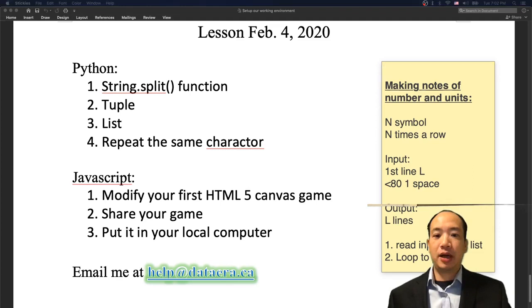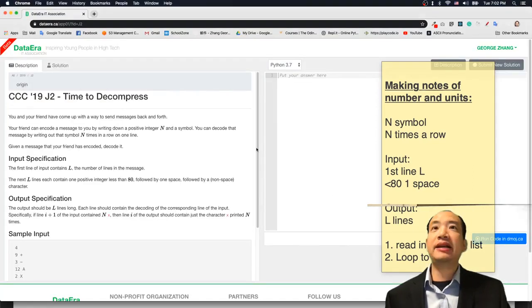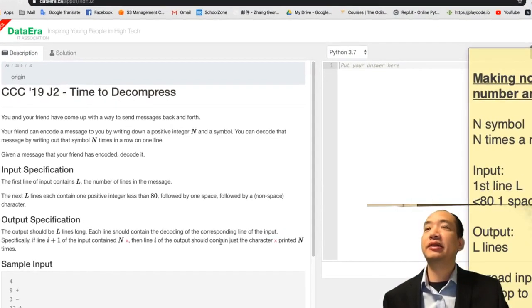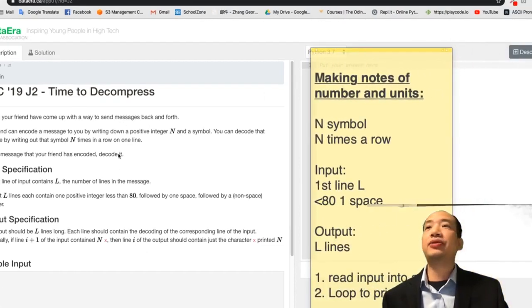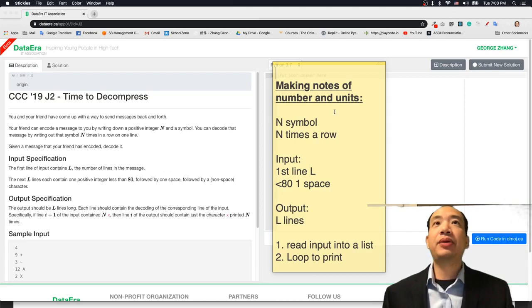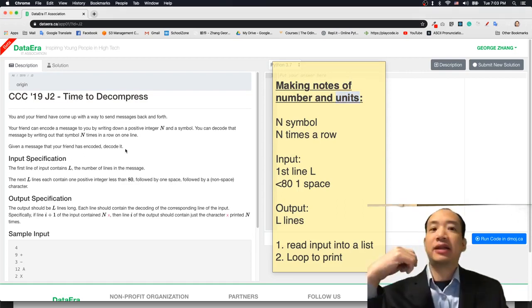All right. I think you guys already do some study on this question. Every time when I do the CCC question, I will take some notes. And when we take the notes, we always take the notes about the number and the units. Okay, so like in these questions, we have something called